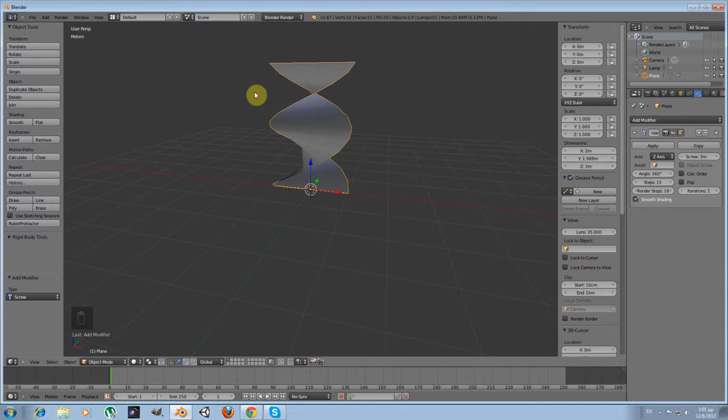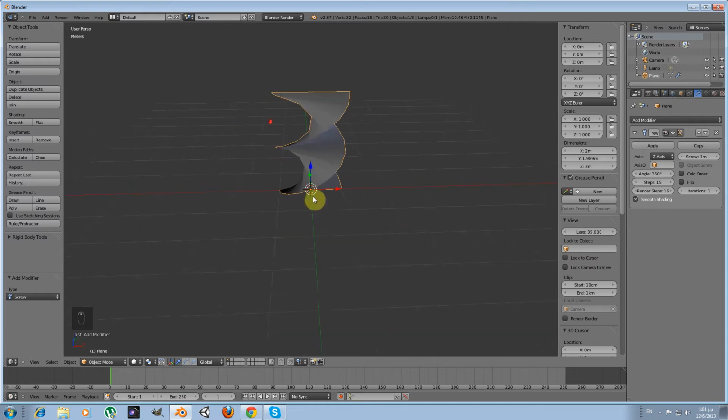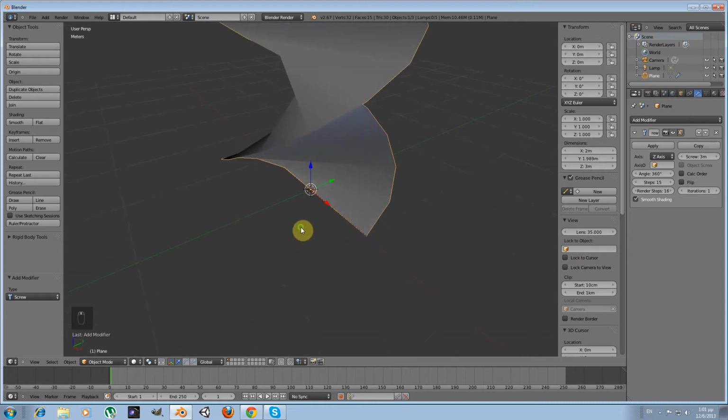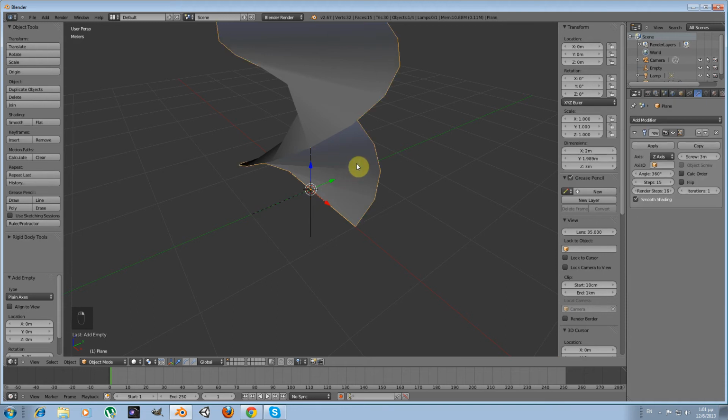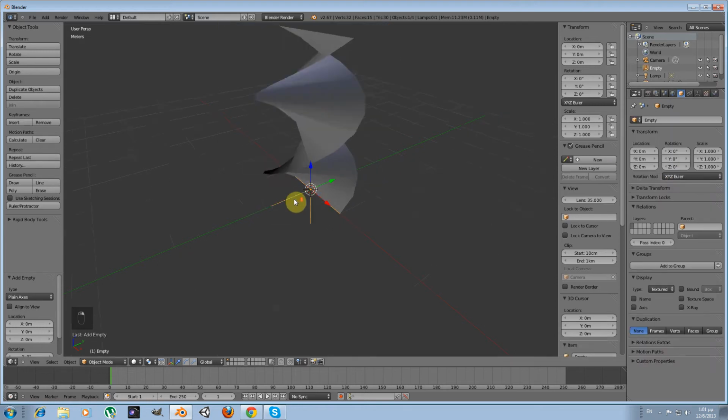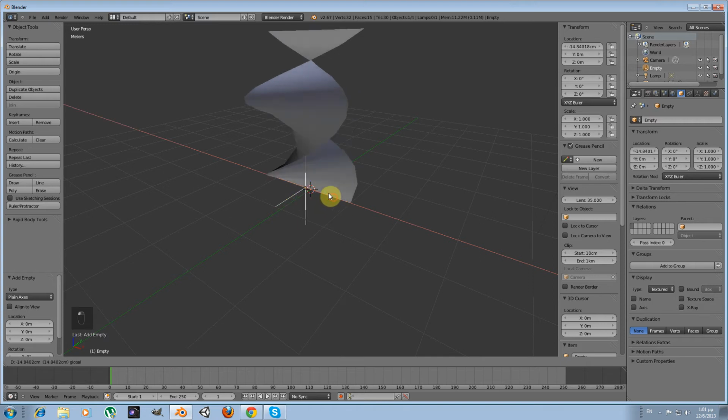Okay, now I have to make some more alterations, and I need the help of another object, so I'm adding an empty plane axis. And what I'm going to do, I'm going to assign this empty as an axis origin of my model. Okay, and now if I move the empty along the x-axis, we see how